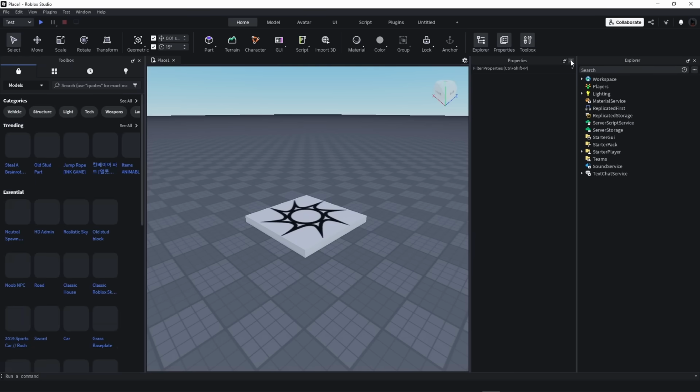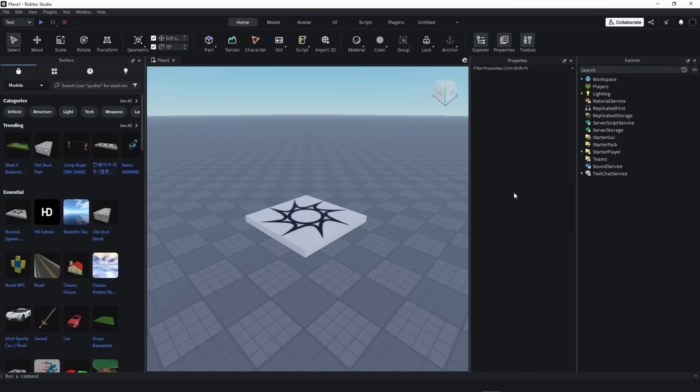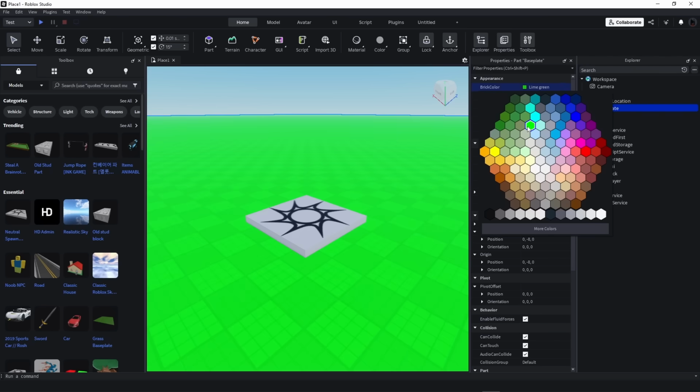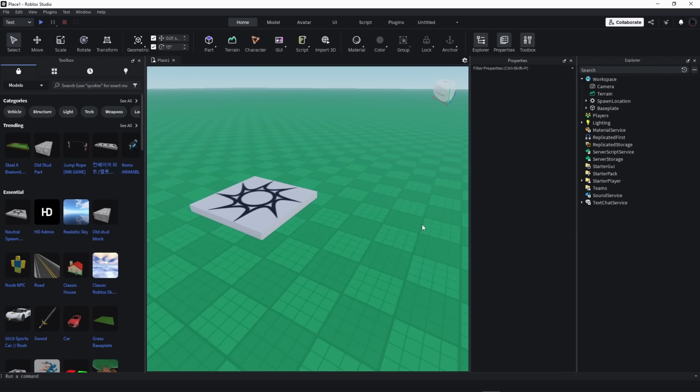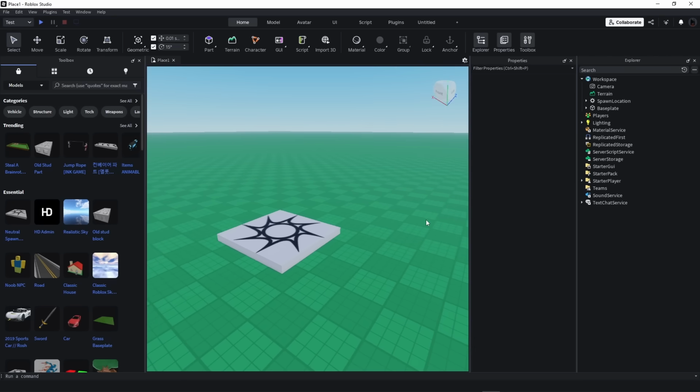For the sake of viewing things, I will change the color of the base plate. I'll just make that a bit of a green. There we go, that's a bit better. Make that green so it stands out a bit better. And then in the toolbox, if you don't have this, make sure you're in Home and then click Toolbox, so then this should appear, and this can give you models,